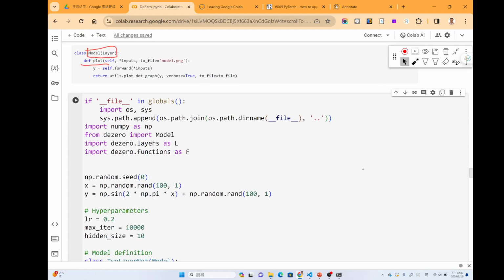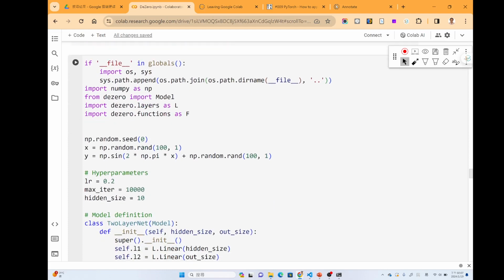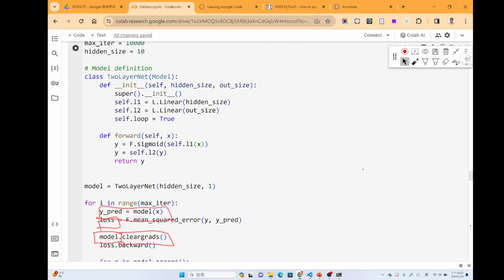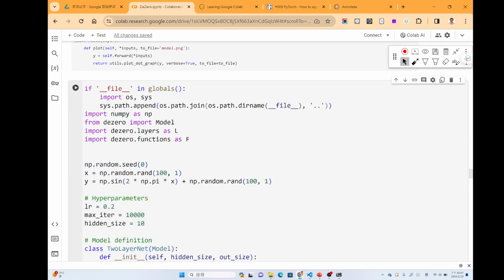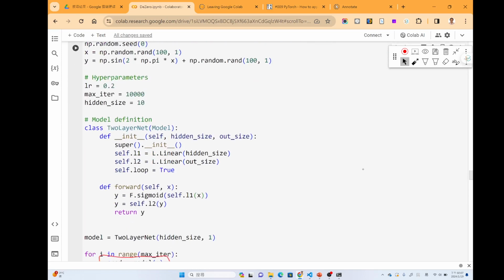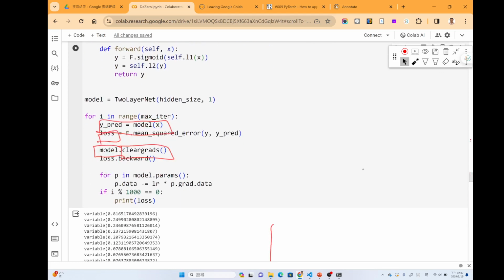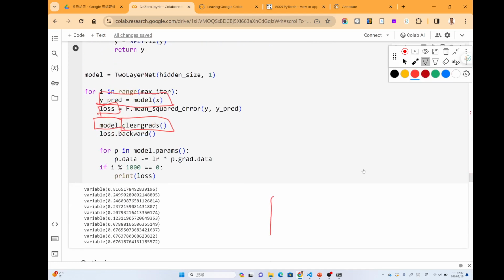For the update of the parameters, instead of updating every parameter individually, we can use this for loop to do the same job, since the model will collect all the parameters.